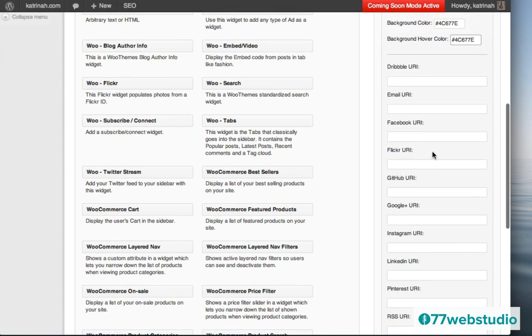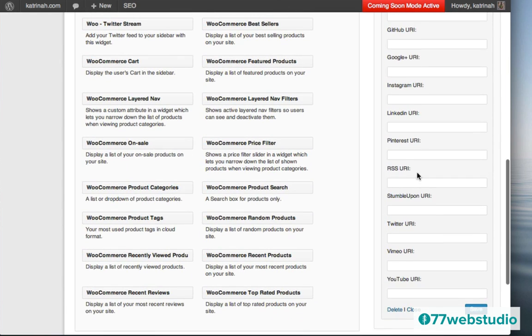And then what you want to do is come down to any of the different social network icons that you want to have displayed on your site. You want to add the URL for your social network in these fields right here. So the ones that I would like to add right now include, let's see, I'll add Pinterest, and I'll add Twitter. So I'll just copy the Pinterest one and just add the Twitter URL, and then I'll also add a YouTube one.